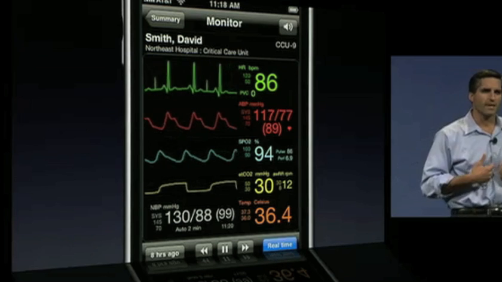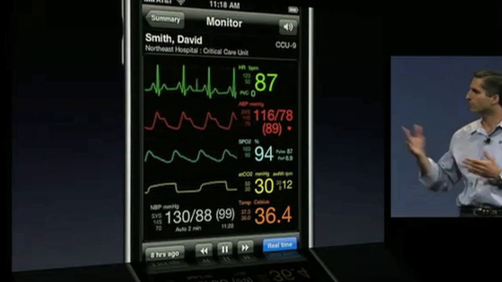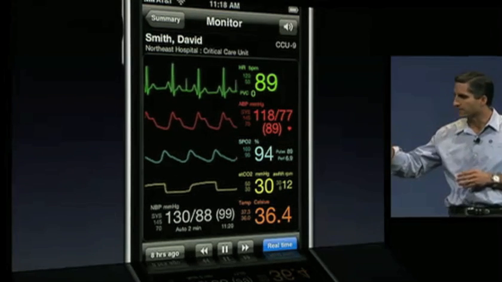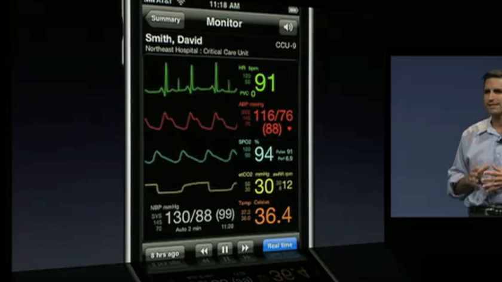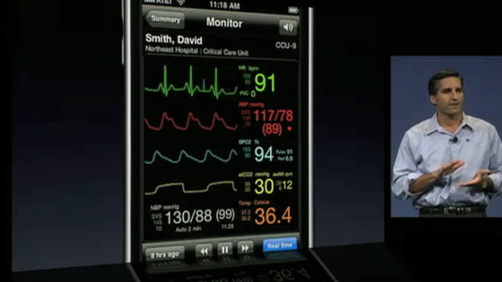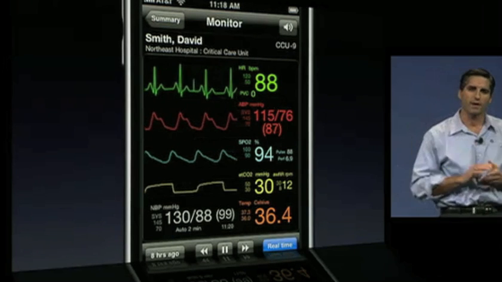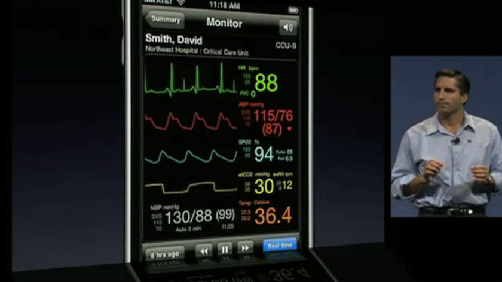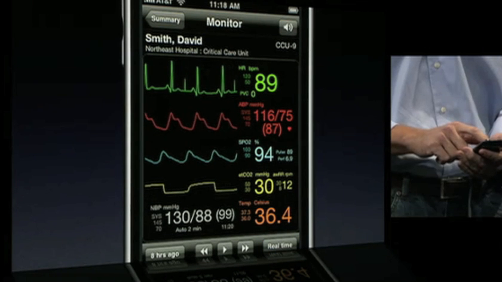But doctors like me can't be at the bedside 24/7, so we had to figure out ways to bring the data to the mobile physician anytime, anywhere, and we've now done that on the iPhone. Now, this is just like having a patient monitor in my hand, but you know what? It's even better. Because if I see a problem, I can tap to pause,